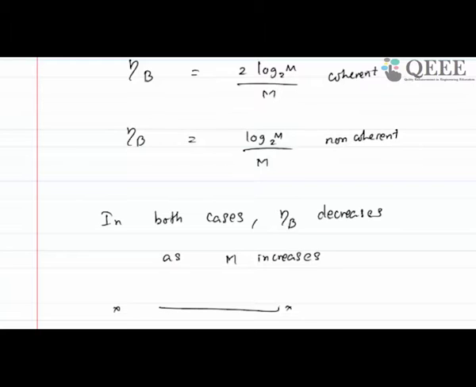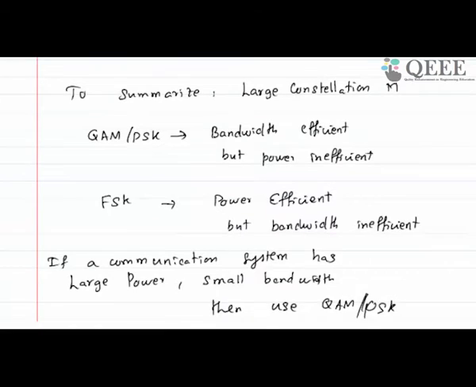On the other hand, when you have a large amount of power but a small amount of bandwidth, then you can use QAM. So that is why cell phones use QAM, while for deep space communication you use FSK type of techniques. Okay, so that is the important concluding remark. That is what I have said here also.